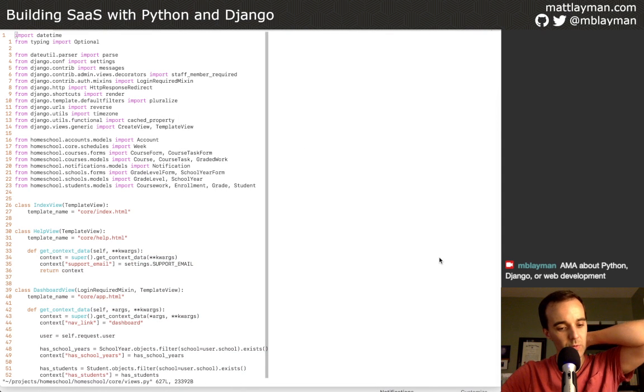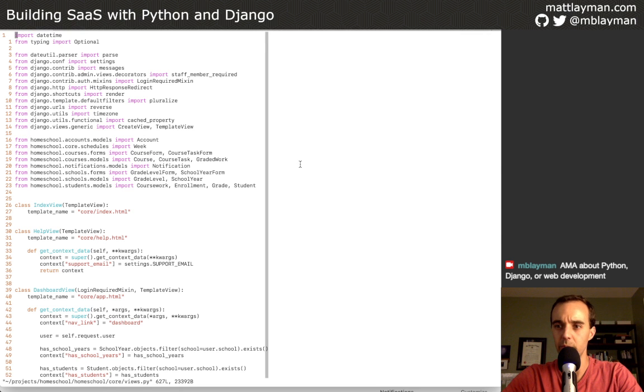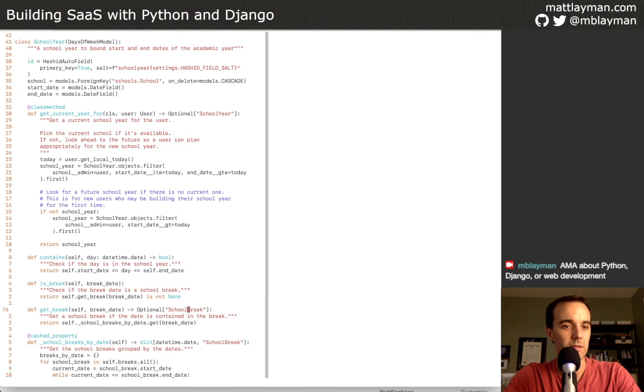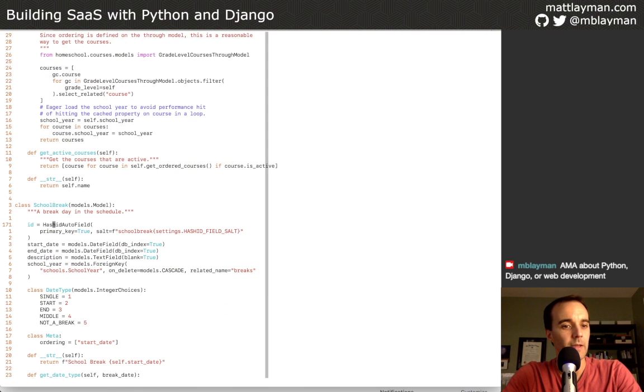Okay, so let's talk about what we need to change. The school break model, which I should have probably opened straight to, is in this models file, and it represents a time range for when a student is off of school. And this is important because the way that the schedule is built, it fills in all of the slots. So if you have someone taking the day off and you don't have any way to represent a gap in that, then the scheduling tool is not going to fill that in correctly.